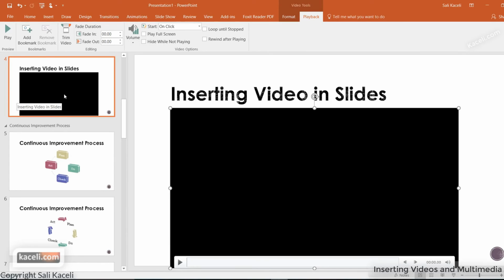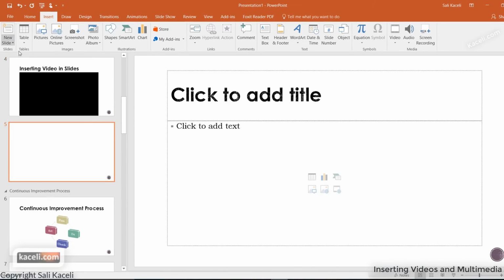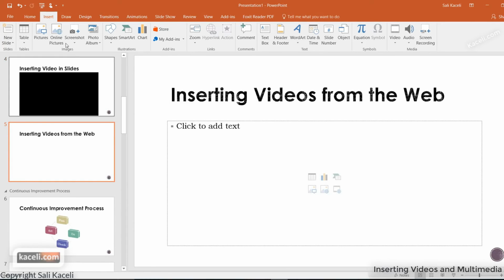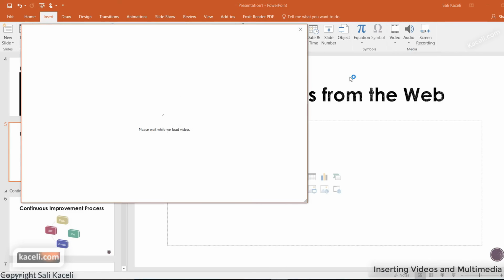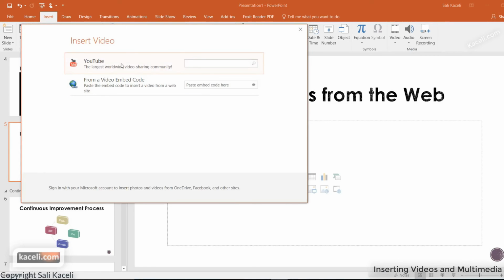Now let's learn how to insert a video from the web. So I'm going to insert a new slide here, and then we go under Insert, then under Video, and then we choose Online Video. Notice we have 2 options here: the YouTube option and also embedding from another website. We want to search from YouTube. So for example, Word